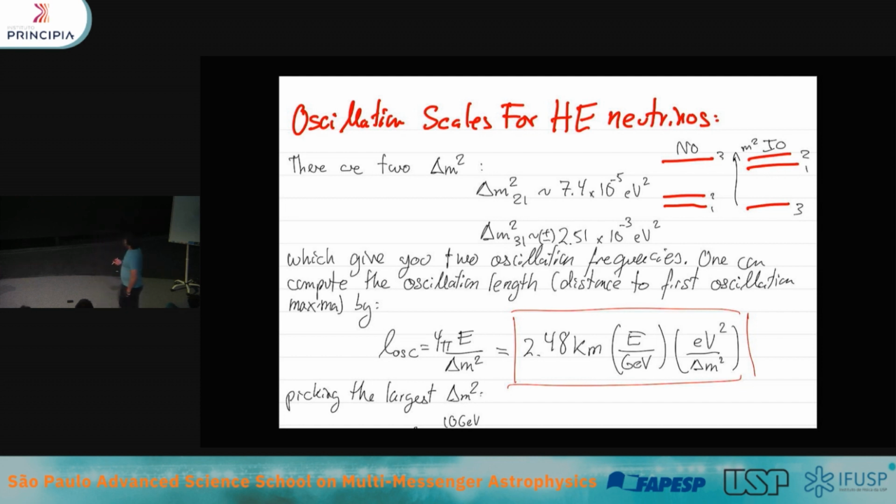There are two reasons why I think the ordering will be known. One is there's an experiment to be built in China called JUNO that has at least 3 sigma sensitivity for the neutrino ordering. Additionally, atmospheric neutrino experiments like Super-K, ANTARES, KM3NeT, and IceCube to some extent, are also sensitive to the neutrino ordering with their upgrades. And those are supposed to get 5 sigma sensitivity by the end of the decade. So that's the first statement.